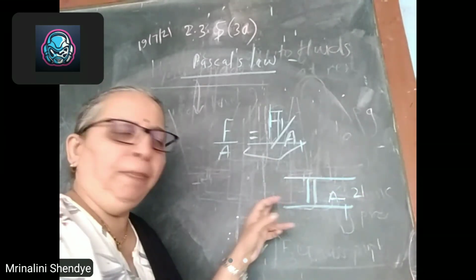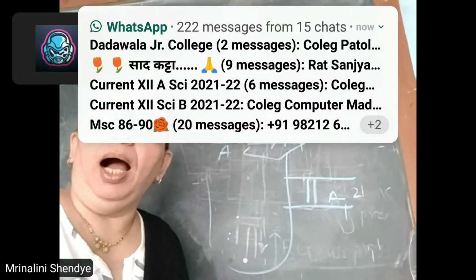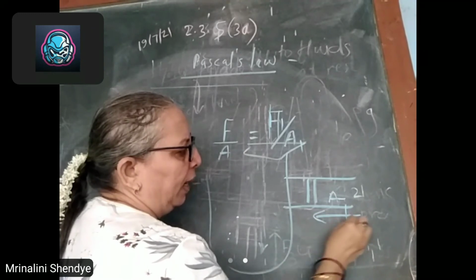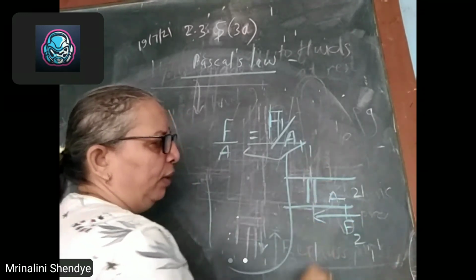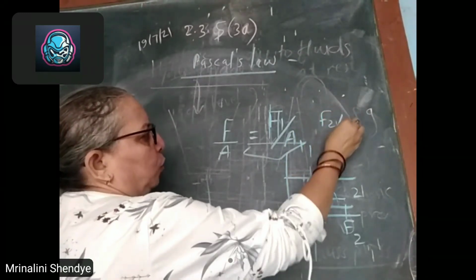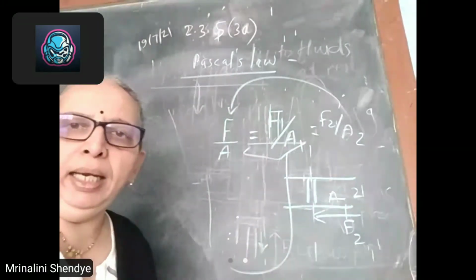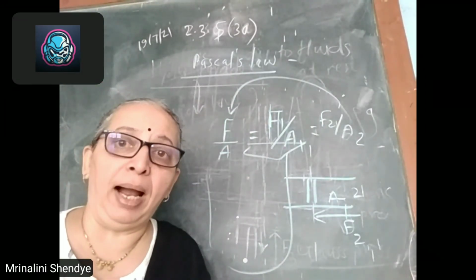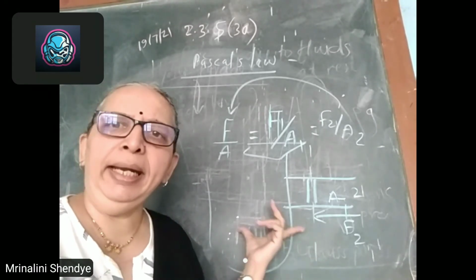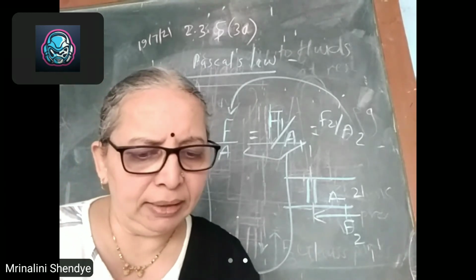तो अगर पिस्टन को नहीं मूव होना है बैकवर्ड डायरेक्शन में, अगर उसको बैकवर्ड डायरेक्शन में नहीं मूव करना है तो यू हैव टू अप्लाई फोर्स F2 टू हैव इट्स पोजीशन सेम, सो दैट F2 बाय A2 it is proved experimentally it's same as F by A. This is Pascal's law. It has wide applications. The main application is